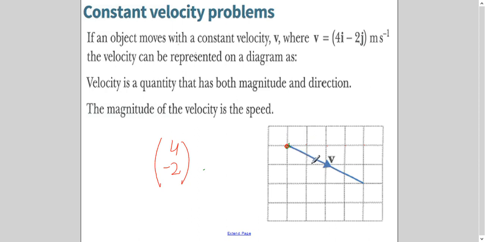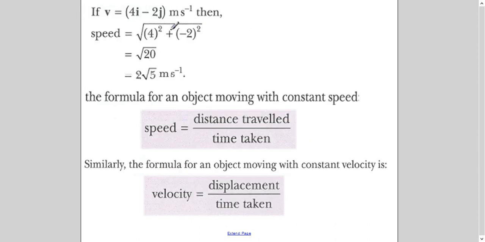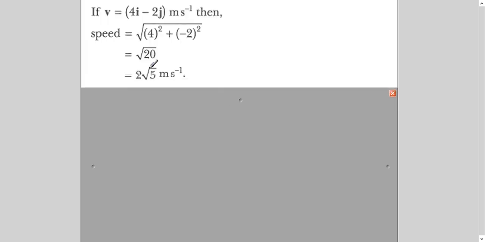And how do we find the speed, the magnitude? If you square each one of these, add them and then take under root, right? So you will get here the speed. So you will read the question carefully. If it is asking for speed, you will find out the magnitude of the velocity vector.